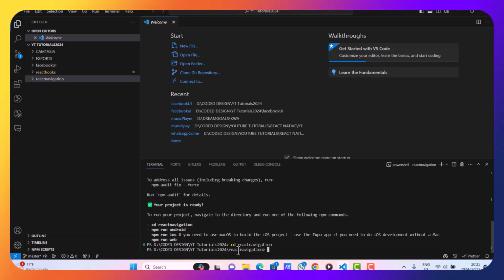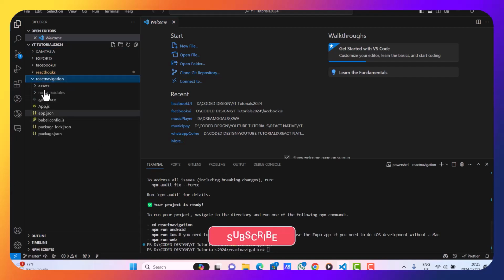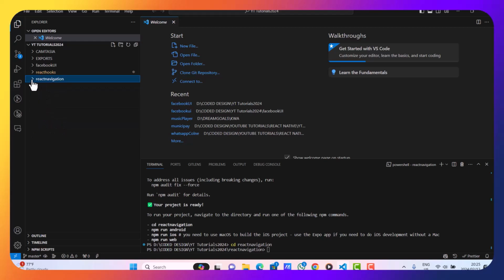So this means now we are inside this folder. Whatever command that we run here, it will run in this folder. What will happen if you run the command in a wrong folder? You will get an error. So let's just run a command to see that our project has been installed successfully. And that command is